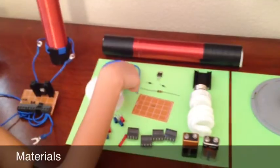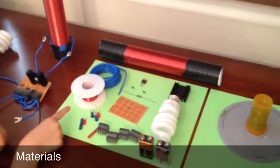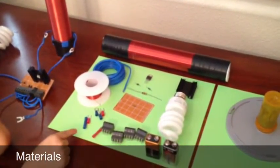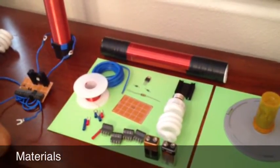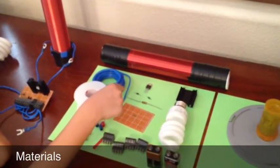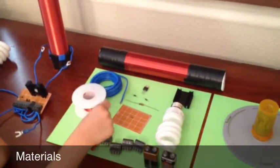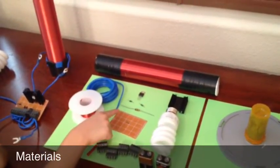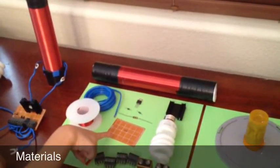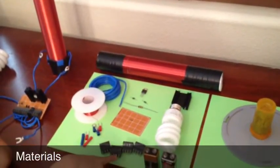16 gauge AWG wire, 30 AWG gauge magnetic wire, 500 feet, various wire connectors, TIP31C transistor, 100 volts, UF4007 1 amp diodes, 2 of them, 47K 0.5 watt resistor, PCB universal matrix 3 inches by 2 inches, 4 screw terminals with 4 connectors each,